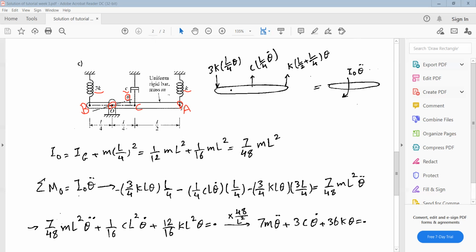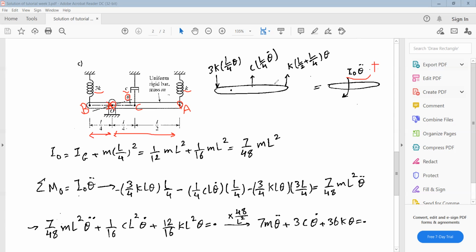The displacement of point A is this length times theta, which is equal to L over 2 plus L over 4. The displacement of point B is L over 4, this length, times theta, because it is rotating about this fixed point O. And the displacement of point C is L over 4 times theta. If you plot the free body diagram, assume that this rigid bar is rotating in the clockwise direction with acceleration theta double dot,